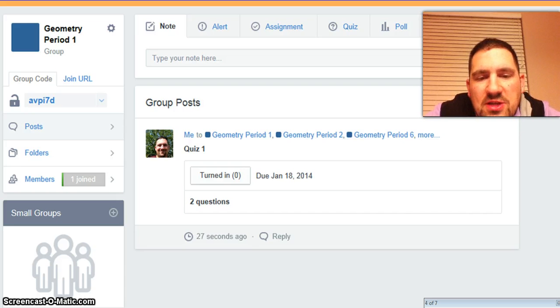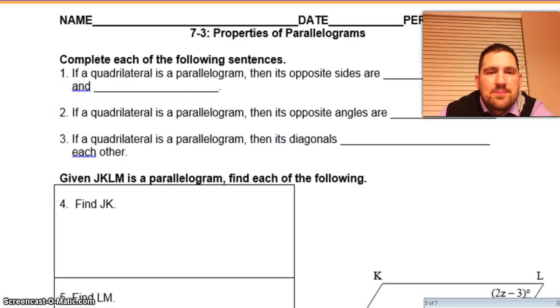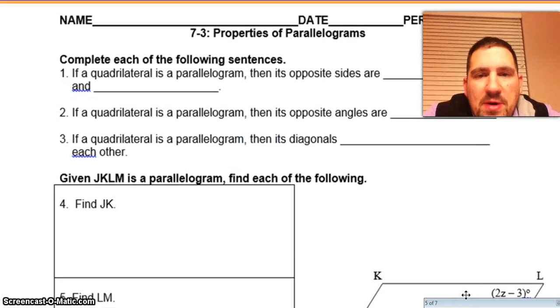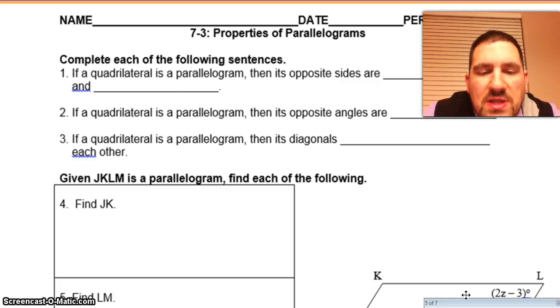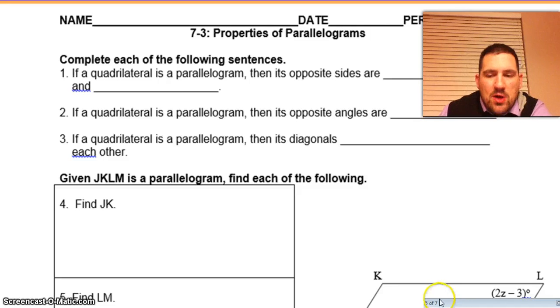The substitute teacher or a student assistant will give you the geometry packet that is on the corner of my desk in a pink bin. Here is what that packet looks like. Page 1 is properties of parallelograms. It's everything that we did on Wednesday. You must complete the front and back side of that worksheet.